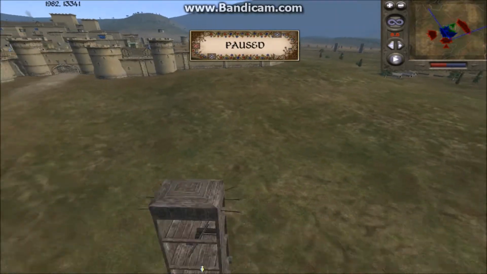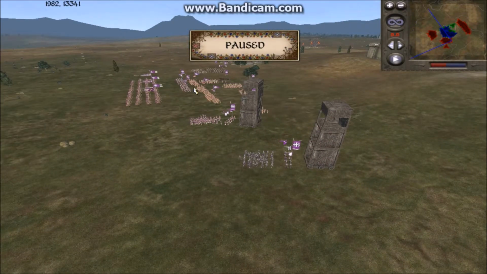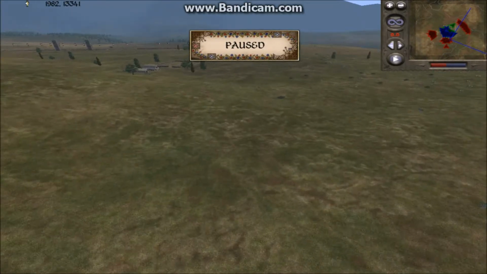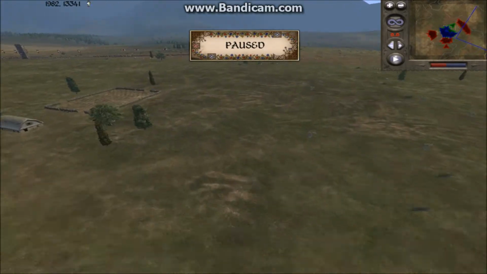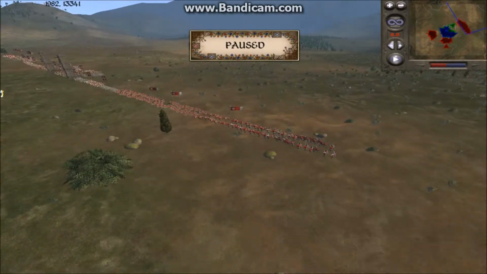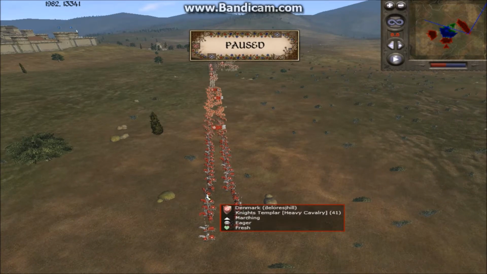If he would have brought the dismounted Byzantine lancers or the Byzantine infantry, I could see why he would want to upgrade those, because their morale is quite poor. But for those elite infantry and cavalry, it's usually not worth it. So we'll take a look at